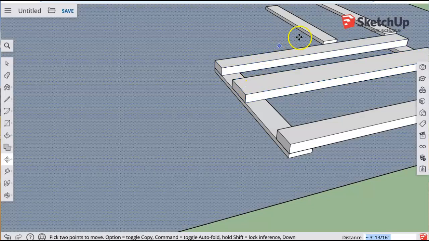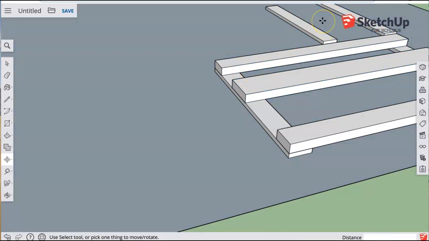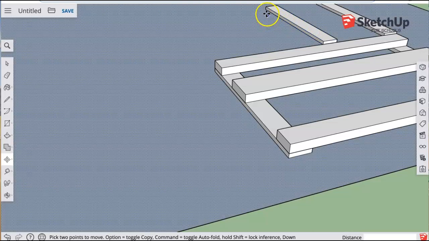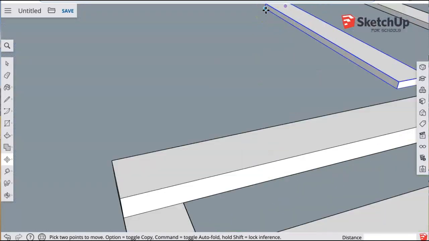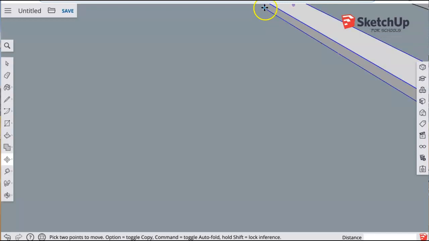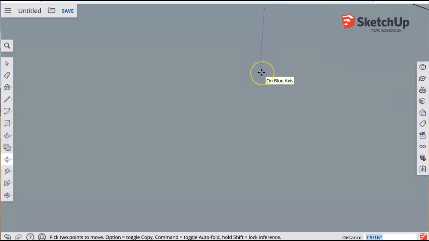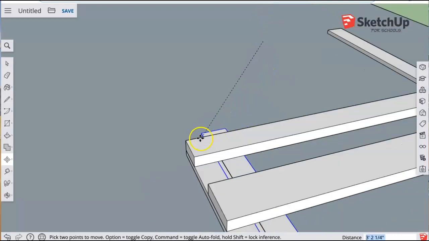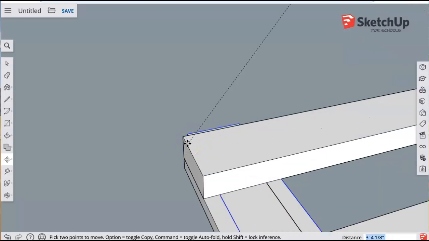The last two steps are bringing these other boards in. So I hit escape again to let go of the one board. I'm going to grab this one by its bottom corner, right there. So now it follows me, and I'm going to move it and place it right on top of this corner